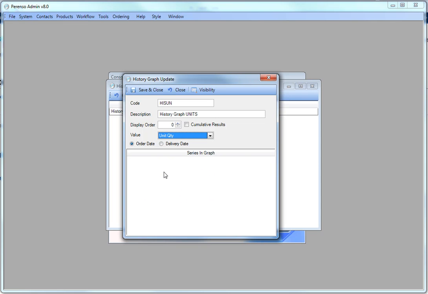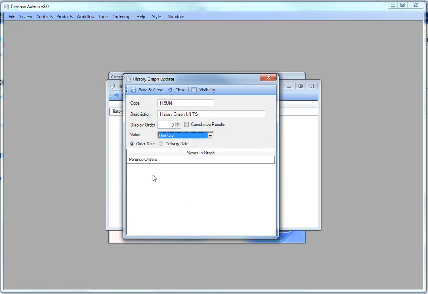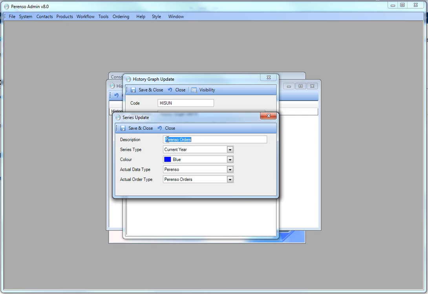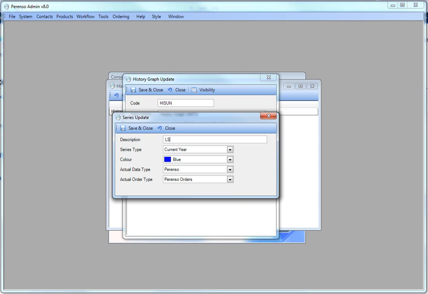So for example, our first one is going to be Parenzo orders, and it's going to be for the current year, and it's going to be blue, and I'm going to use Parenzo orders, and I'm probably going to change the name of that to this year Parenzo orders, add another one for last year,